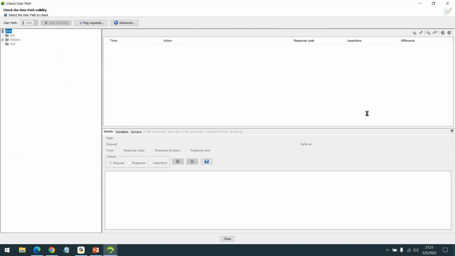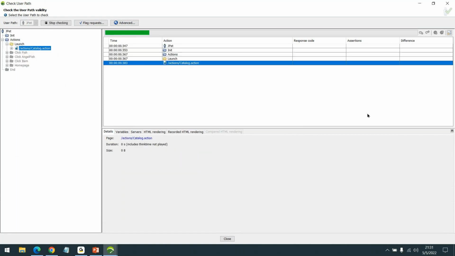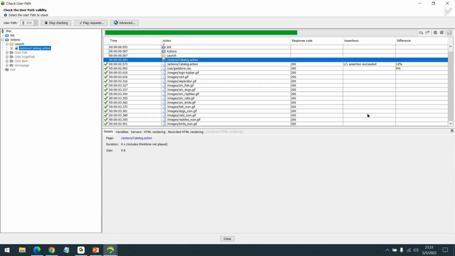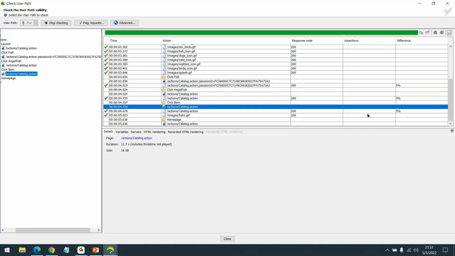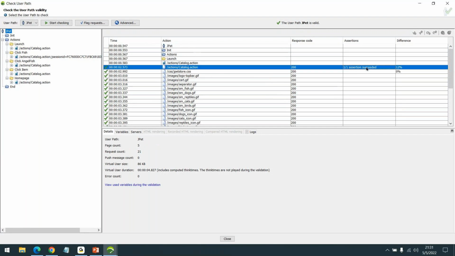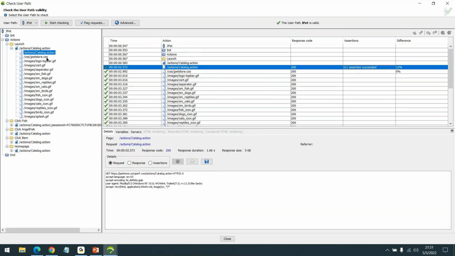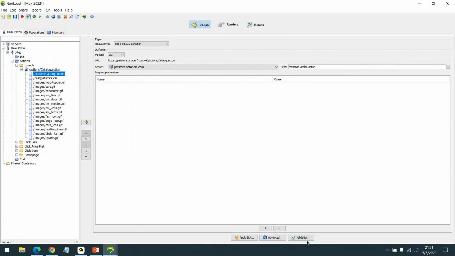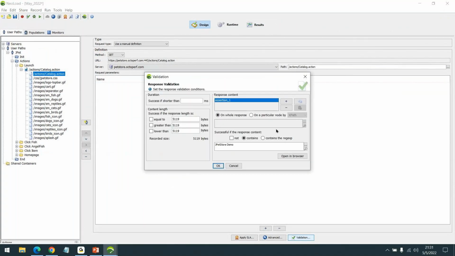When it replays, if it finds the key, the assertions get enabled and it says 1 out of 1 assertion succeeded. That means whatever value we had selected, it was able to identify.